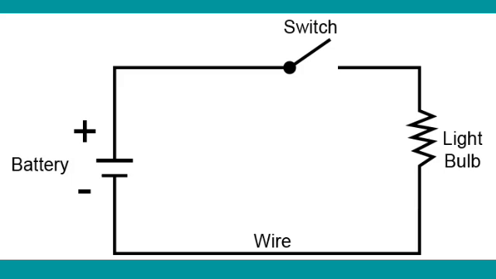In an electric circuit, when the key is on, electrons from the battery flow through the circuit from the negative terminal through the wire conductor, then through the bulb, and finally back to the positive terminal. And the light glows when current is flowing through its filament. We can connect these components in two basic ways. They are series and parallel.